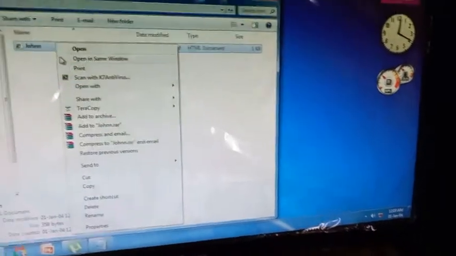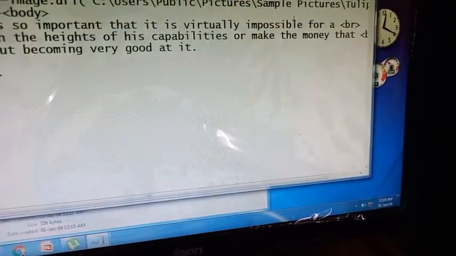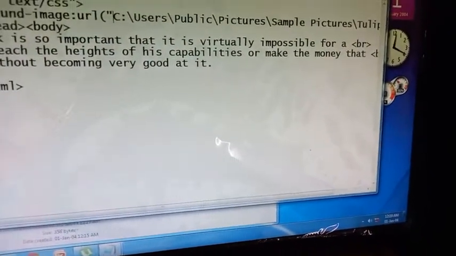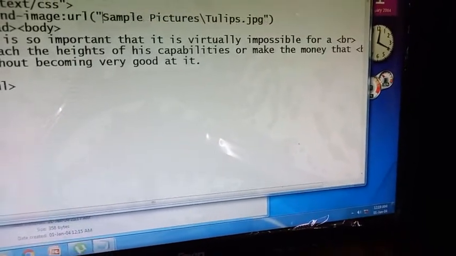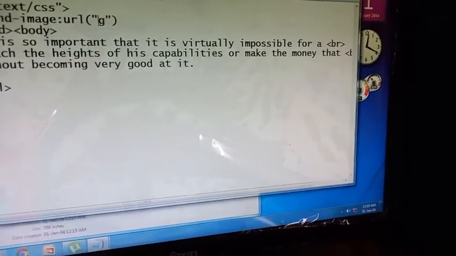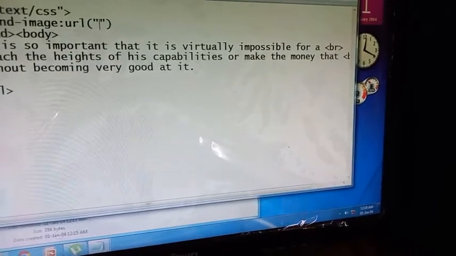And now open this file in notepad window and delete this link. If your link doesn't work, in that case we will do so. We will delete the link, whatever we defined, save it,